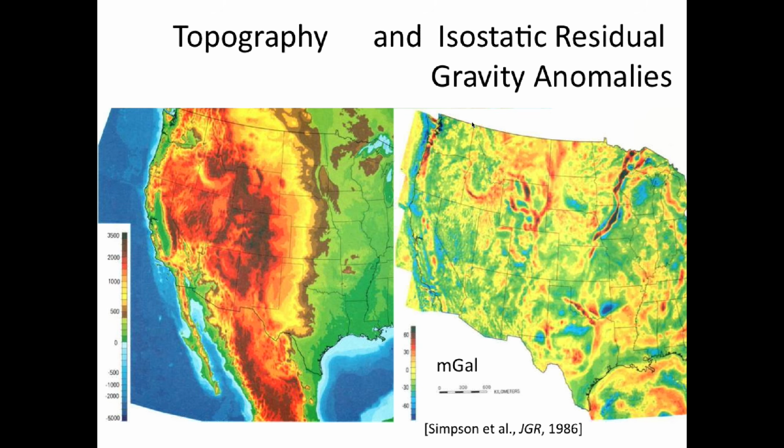And what you find is these are very small. These are around zero. All the yellows are around zero. 30 milligals is a big number on a scale like that. There are a few places where you get bigger numbers, the mid-continent gravity high in here. Some of the mountain ranges, the Bighorns, the Wind Rivers, but very narrow belts. And my guess is if one corrected it in a different way, you could get those to go away. So the point is there's no excess or deficit of mass under these ranges, as either Airy or Pratt would have said, though Airy would have had it wrong in this case.